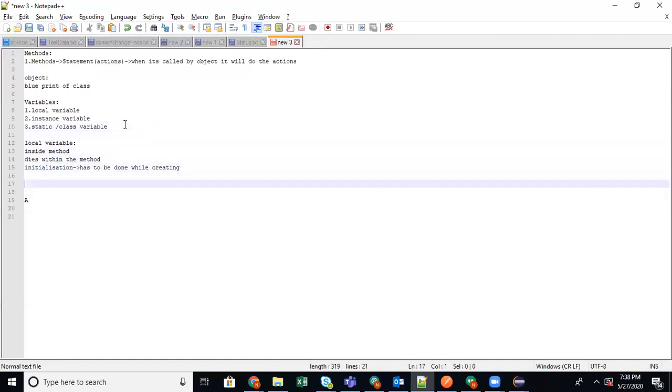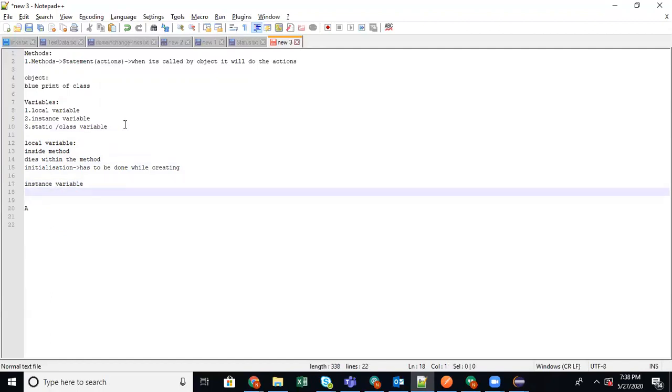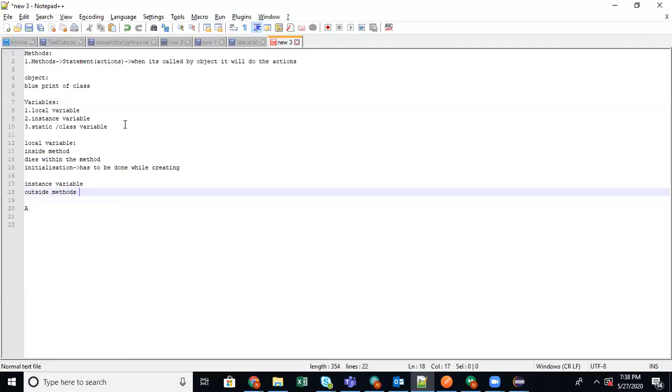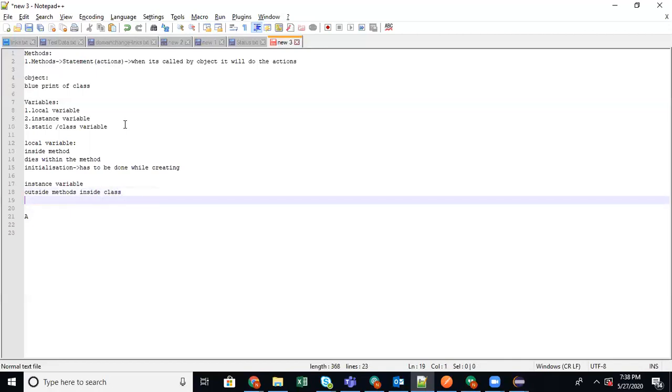Instance variable: the declaration is the same, the position where you create it differs. An instance variable is created outside methods and inside the class. It doesn't die within the method, so it can be utilized throughout the class by using an object.